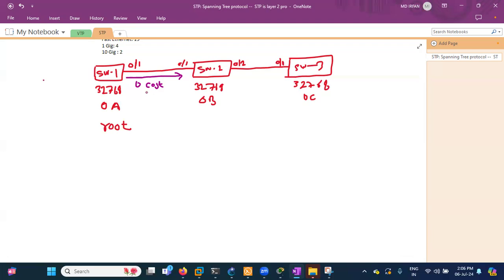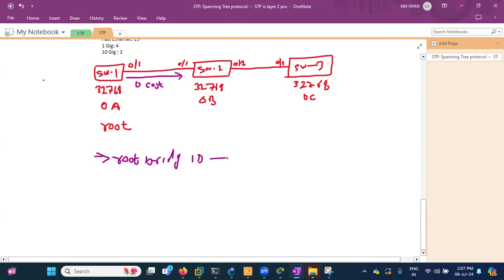Okay. First is the root bridge ID. First, it will send the root bridge ID. What will be the root bridge ID? 32768 plus 0A MAC address. Correct? That will be the root bridge ID, right? Cost will be 0. Then third,